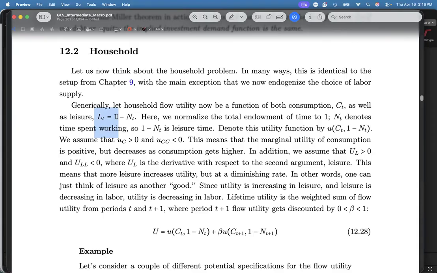So maybe you can net out here the time you need to sleep, right? You need to have some time to yourself. There's this period between being ready to work and being ready to have some fun, so you can net it out. But overall, what this is saying is that you have a total endowment of free time that you can use either working or in leisure.